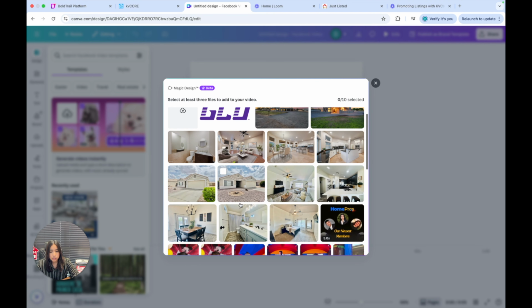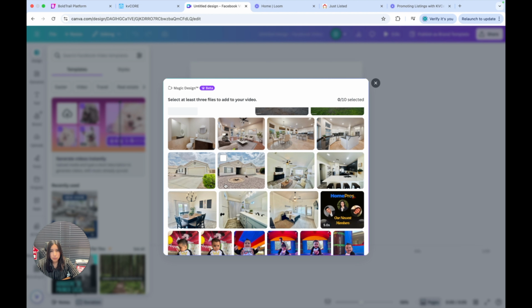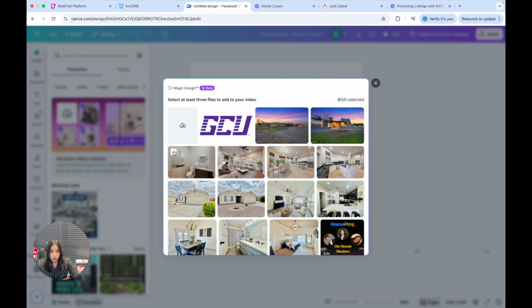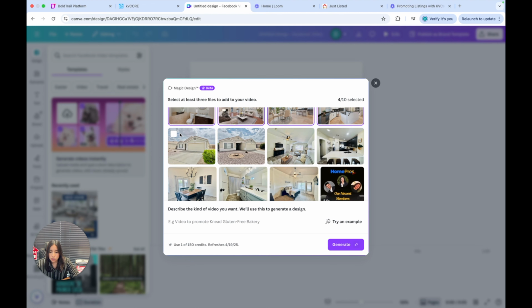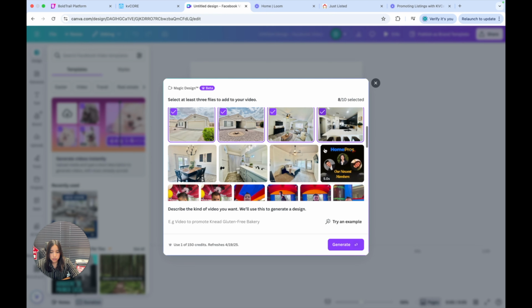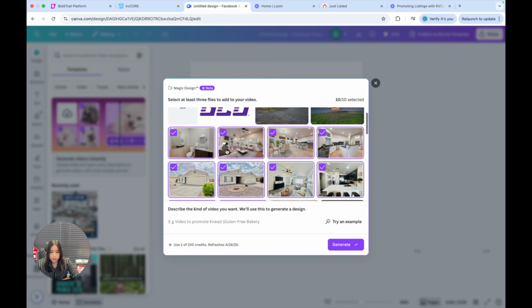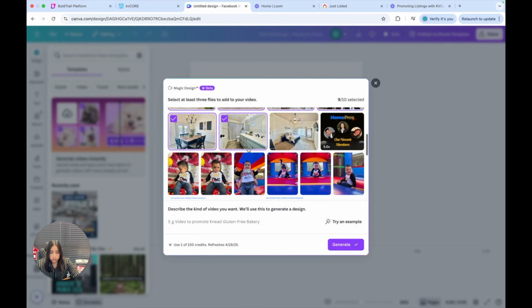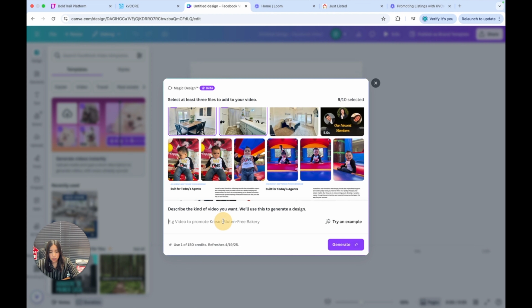So these, in my case, are already uploaded, but you will have to pull them from the MLS and upload them manually. So that takes a little bit of time, whereas KVCore just straight up pulls it because it's connected to the MLS. So let's say, for example, we have this property. We're going to upload. Usually it's between 6 to 10 photos. So let's say like that. We want photos like that, right? So then all we have to do is tell AI, like, hey, create me